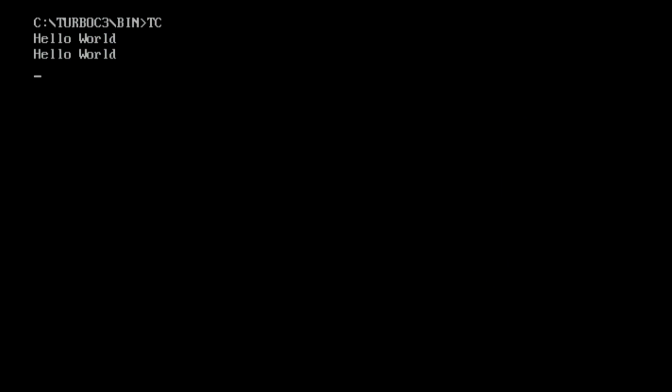Why? Because the first time we ran the program, it gave the output, but the output screen was not shown because getch was not there. After the inclusion of getch we ran the program one more time. So the second time it is again showing the message hello world. So this is the output of the program hello world.